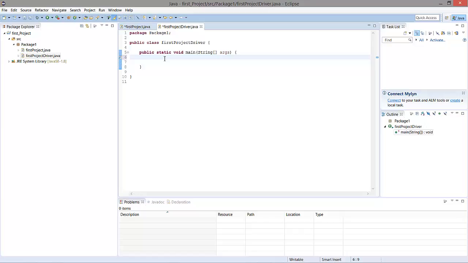First, the variable type will be the name of the project, so first project. And we're going to call it FP equals new